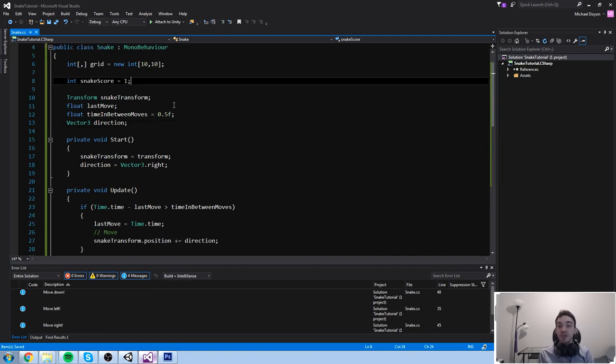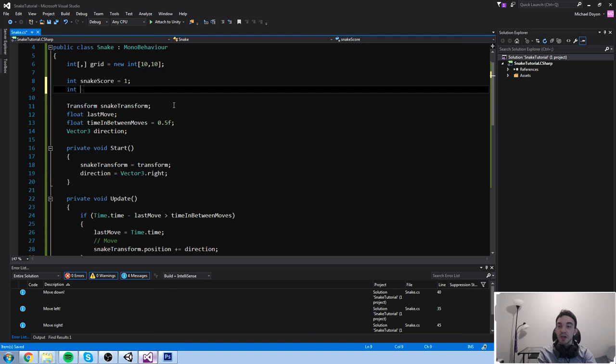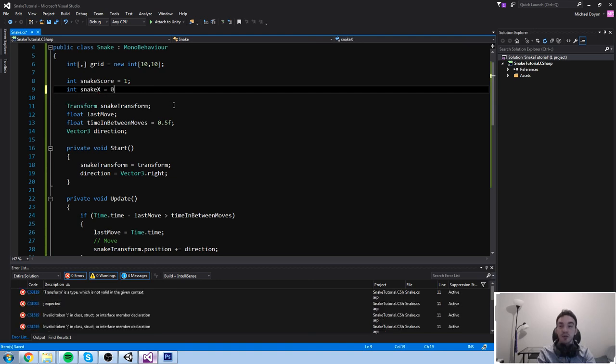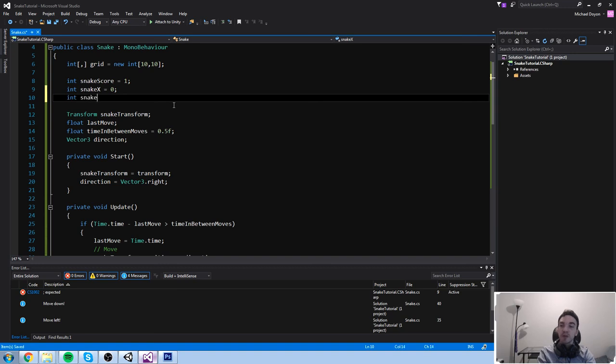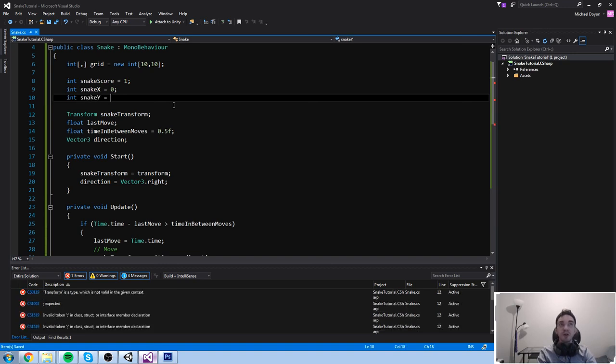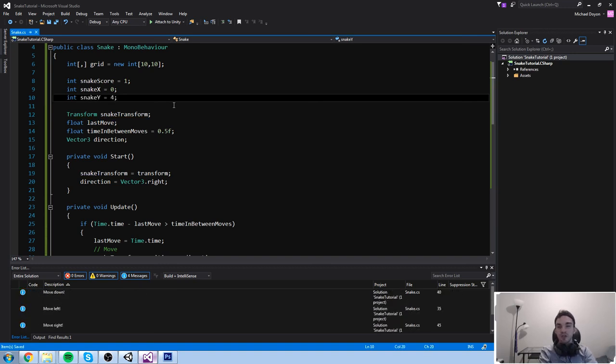Some other information that would be really useful is to know where exactly the snake is right now in our grid. We move it in the 3D world, but in terms of our 2D grid, we don't really know where he is right now. So I'll create another int called snakex, which is going to equal 0, and another one called snakey, which is going to equal, let's just make it 4. So he starts